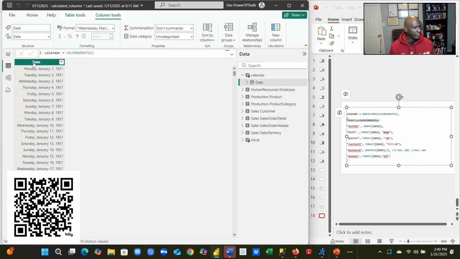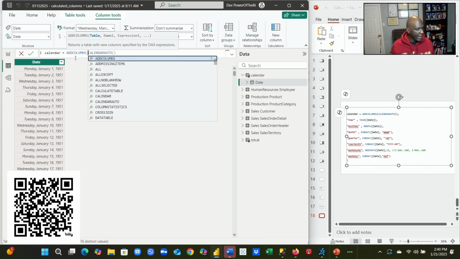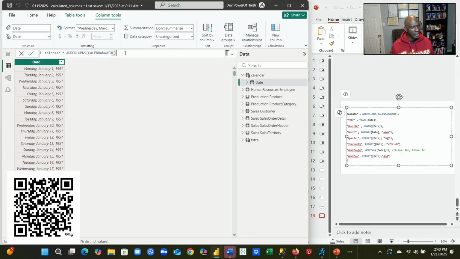So the first thing we want to do is grab the year out of this column, and we're going to reformat it by saying add columns. So this is where we're adding a column like we did before in calculated columns, but rather than putting new column, we're saying add column. The add column is what we can use for a calendar. Add columns, calendar auto,